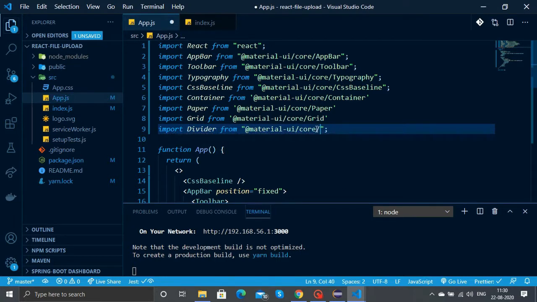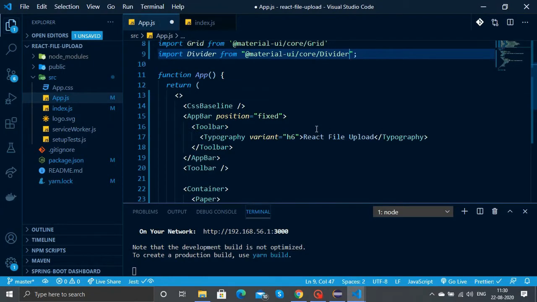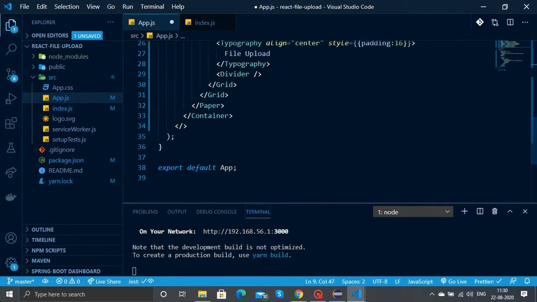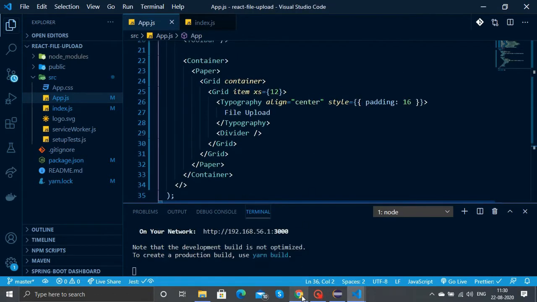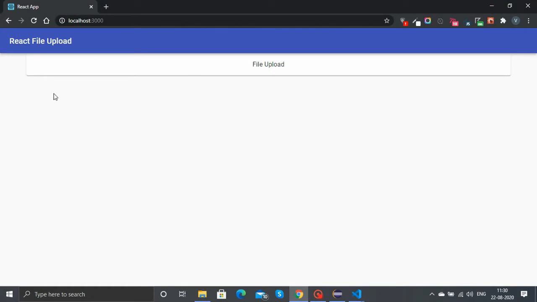So we will use default imports everywhere, so that the modules that are loaded are smaller in file size. Now let's look at it, we can see the file upload, the divider, and the paper with the box shadow. Now to beautify this, maybe we can give a margin top, and also we can reduce the width of the container.